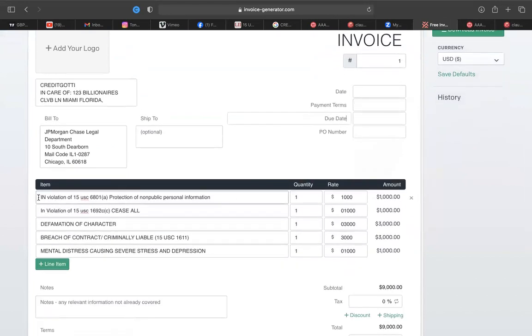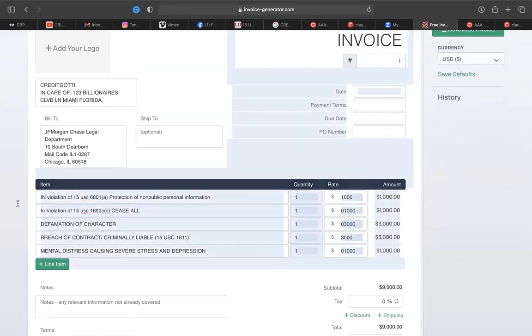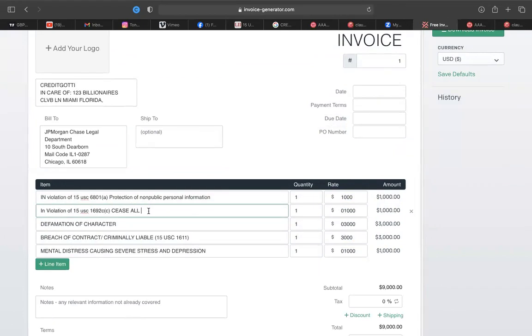The invoices I'm going to include are going to look something similar to this, especially using that letter that I drafted out for them. We're including 1692 CC, cease and desist. This is protection of non-public personal information. We're asking for $1,000 per each, $1,000 per violation. Defamation of character,